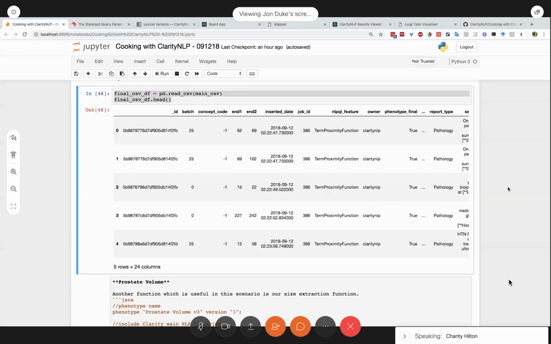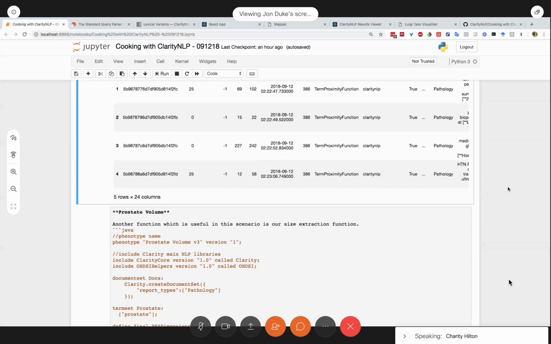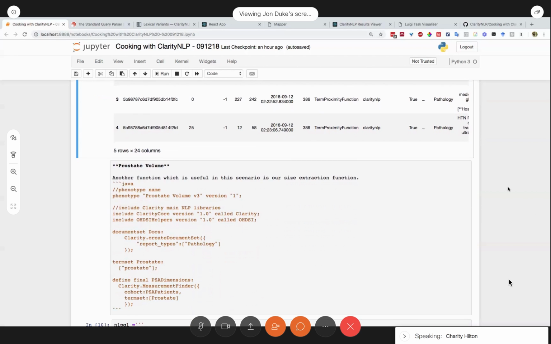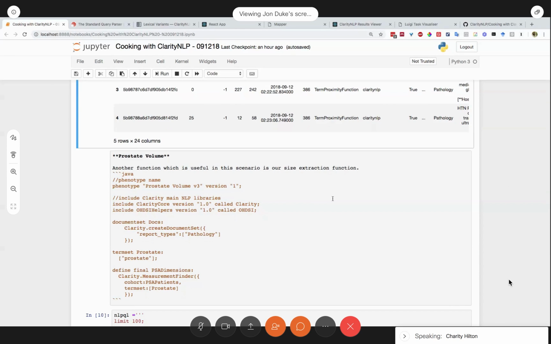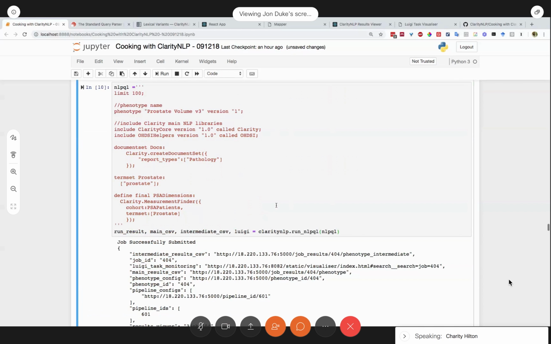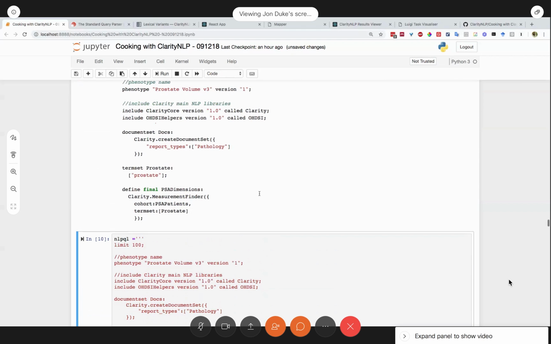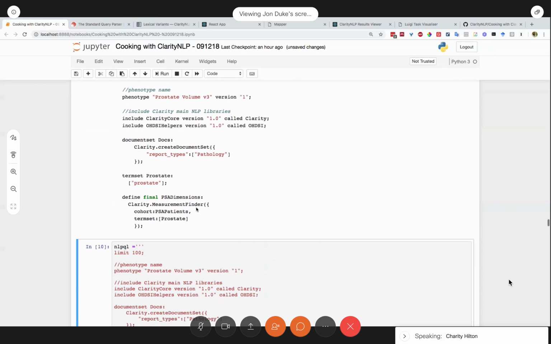The last thing I'm going to say before I turn over to Richard for our cooking special is that last week we presented something called value extraction, which is a really handy function for pulling out values. We looked at NYHA classes, but you can also look at measurements with value extraction. Here we're going to look at prostate volume, and we want to find prostates and break down more detail about the volumes that are found